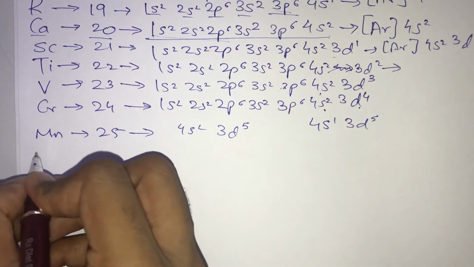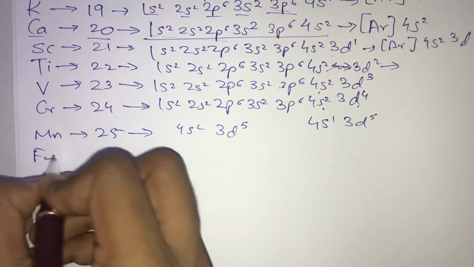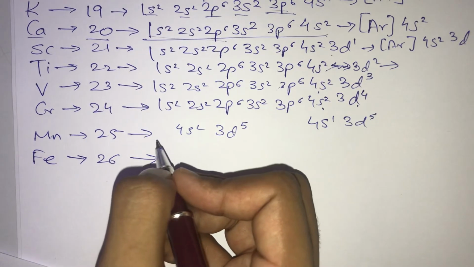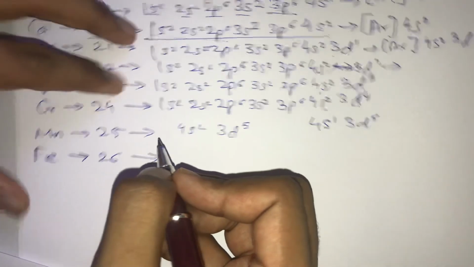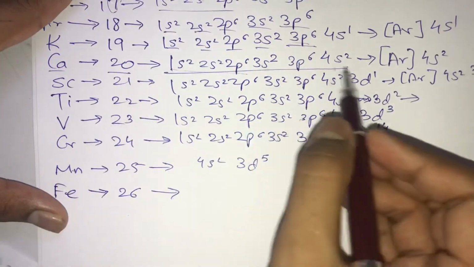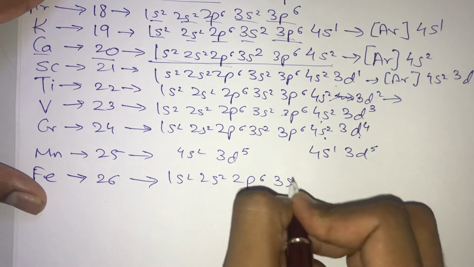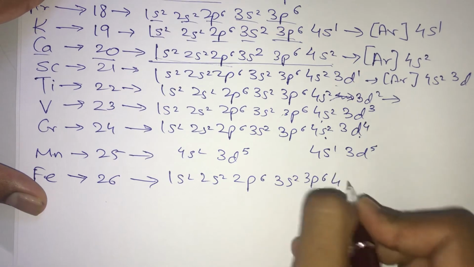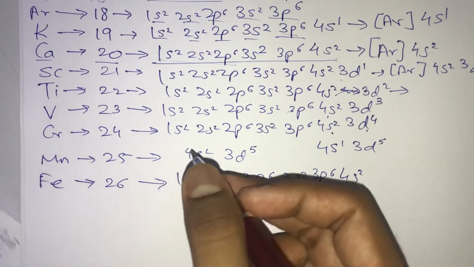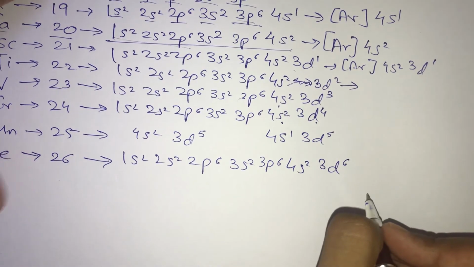Am I right? So after manganese it is the turn for your iron, which is represented by Fe. So okay guys, for the 26 electrons you have to write first till 20. Am I right? So you have to write 1s2 2s2 2p6 3s2 3p6 and 4s2. After that you have 6 more electrons to go. So after 4s comes your 3d. 3d can take a maximum of 10 electrons, but we have only 6 electrons, so you're obviously going to write 3d6.